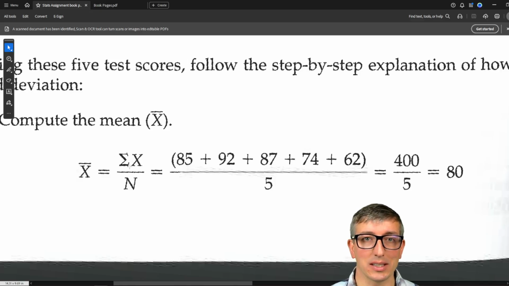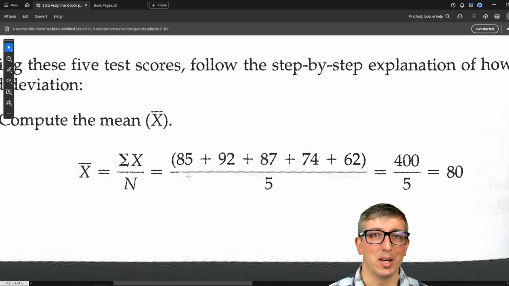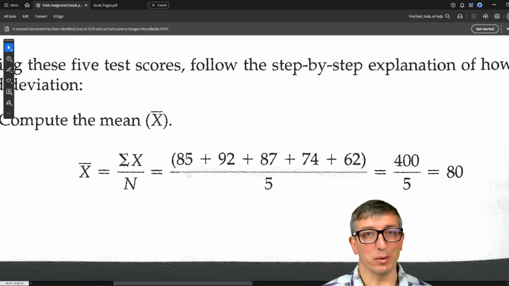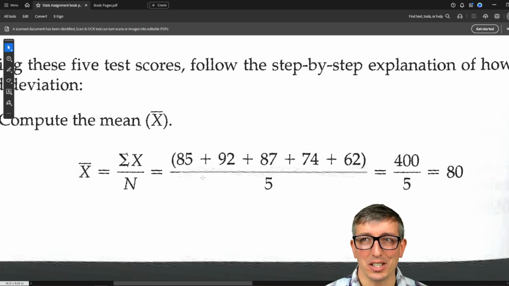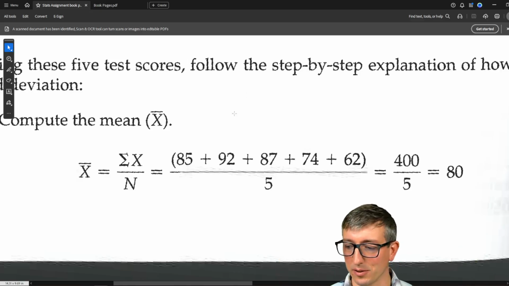Here's the statistical notation, but it's the same calculation you've always done. Okay, so that's why when I say things like, you probably know this stuff and you probably understand it, but because it looks like it's a different language, you don't really think you know it, but you probably do. I'm going to try and prove that to you with the rest of the stuff we're going to talk about today, that a lot of it is like, you can get this, it's just done in such a strange way for various reasons, which we'll get to.